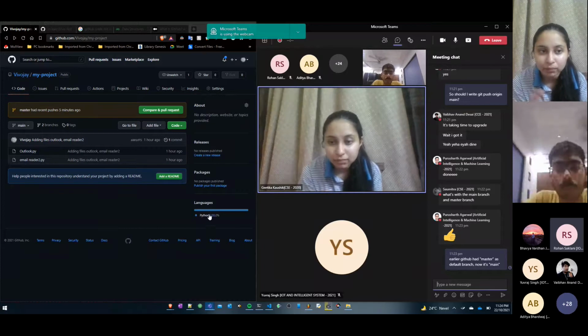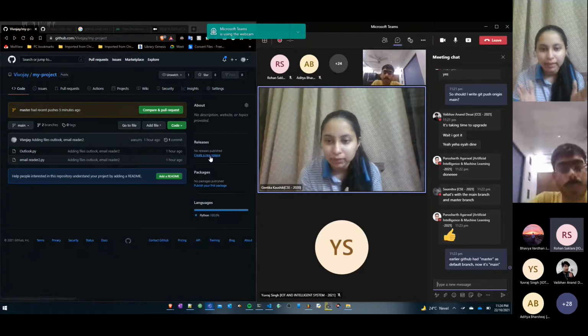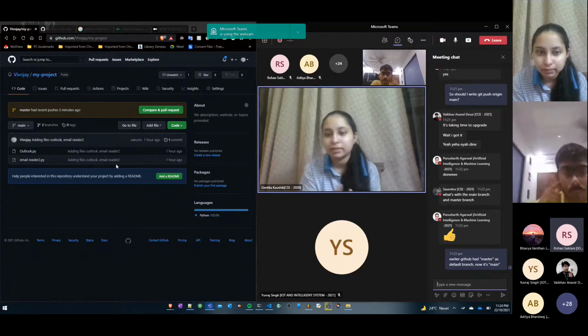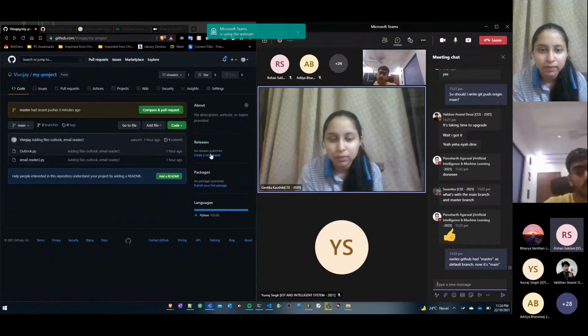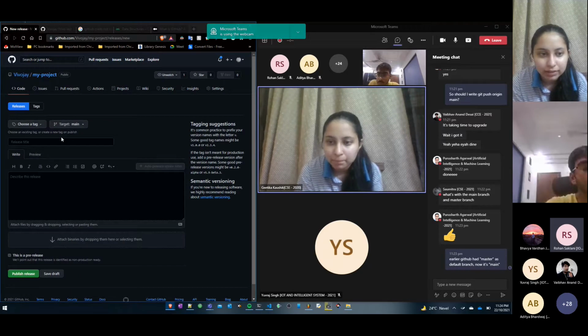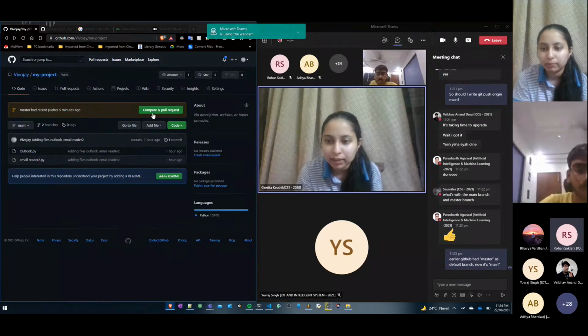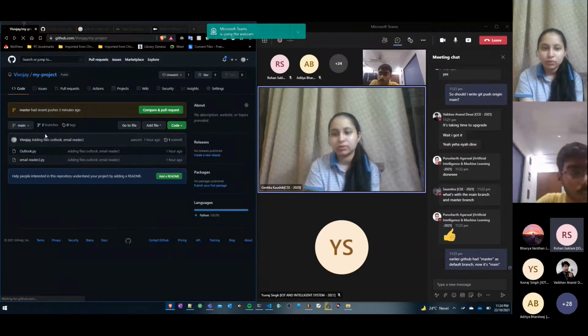So why we make more branches is to make the code neater and more organized, so that it is clear which branch has what. When we are working with only 2 or 3 files, we can merge them into only one branch, which is the main branch. Since we had written git push origin master, it was pushed to the master branch. If you would have written main, then it would have been pushed to the main branch. So all the code would have been available here only.